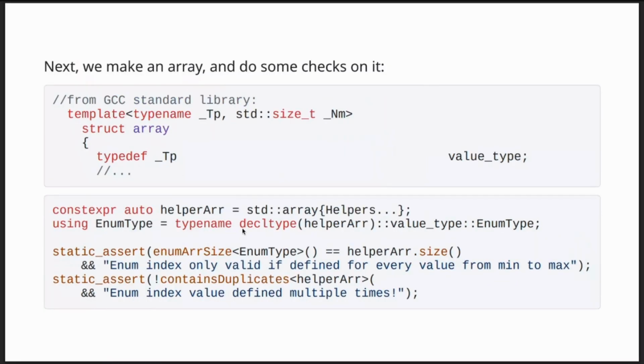So next in this constructor, we are taking this parameter pack that we have, this list of enum constructor helpers, which are just an enum and some templated data type, and we are making an array out of them. Something that's really nice to know about a lot of standard library containers, I think all of them, I don't know, I think they have to have a value type defined, typedef. But definitely standard array does. It's templating